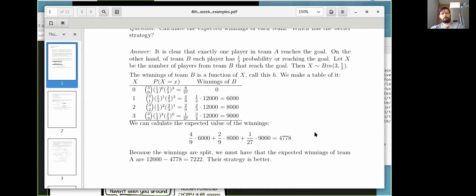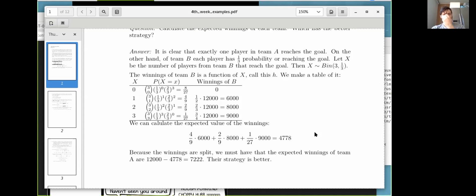So team A follows what is called a hedge strategy. So there is some sort of random element in this game. If both teams chose the same strategy as A, this is a review question for you: what would the expected winnings be? Well, obviously, if both choose exactly the same strategy, then we don't even need to care what that strategy is. The expected winnings of both must be the same.